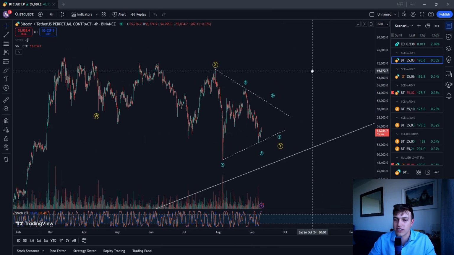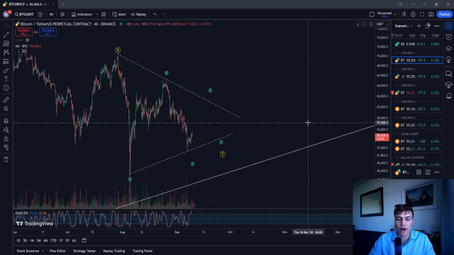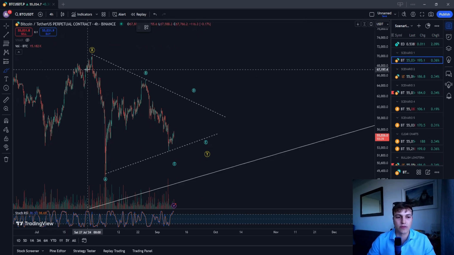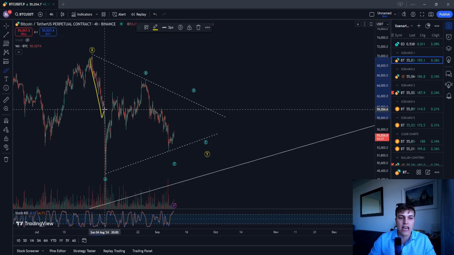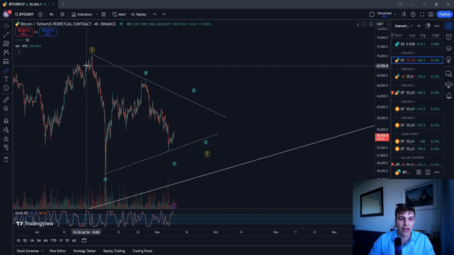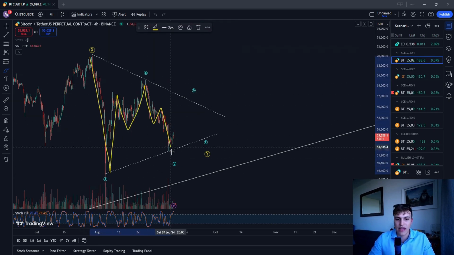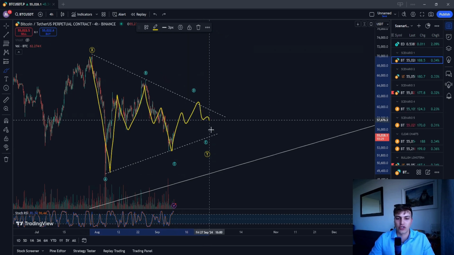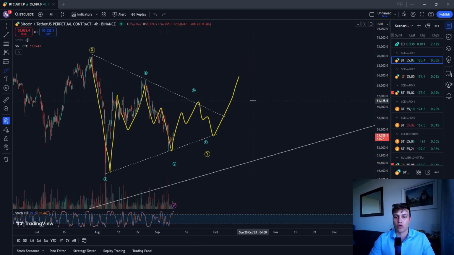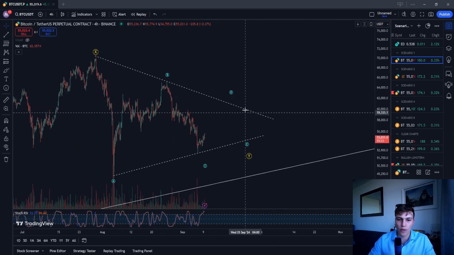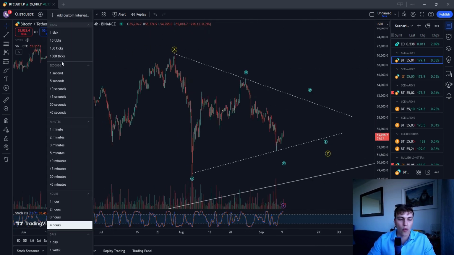Now a triangle consists of a 5-wave move, an A, B, C, D, and E. Now this move is where every single pattern is a 3-wave structure. This being a 3-wave, this a 3-wave, this a 3-wave, and now we should see this before that launch off to the upside. Now if we go into this wave D